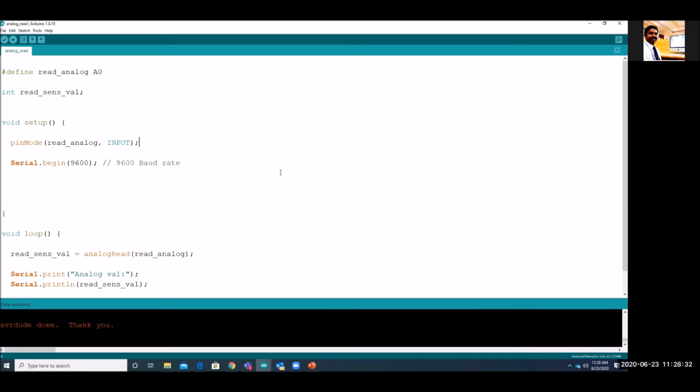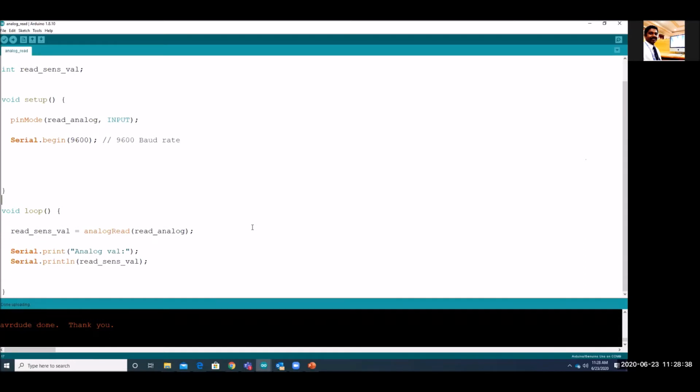Here you can see it has been uploaded because I have changed the IC. Maybe the previous IC had no bootloader or some other problem. I'll show you where we can change the IC. This long black component is the IC. I just pulled it out and put in another piece. So it is working now, and you can see it is done.